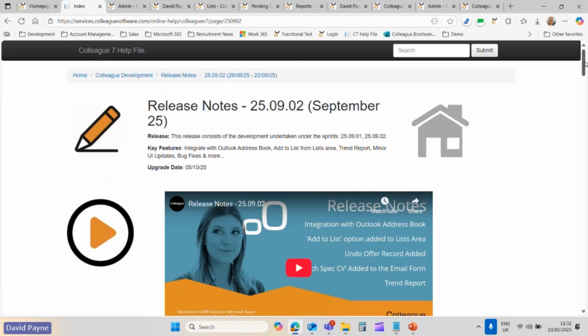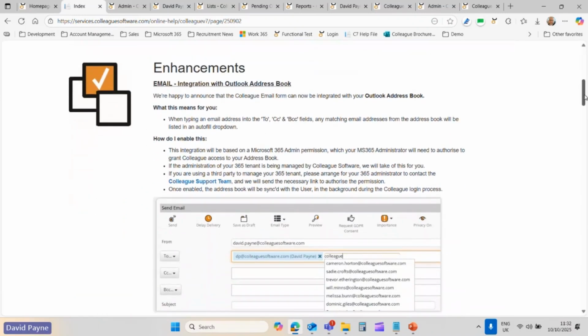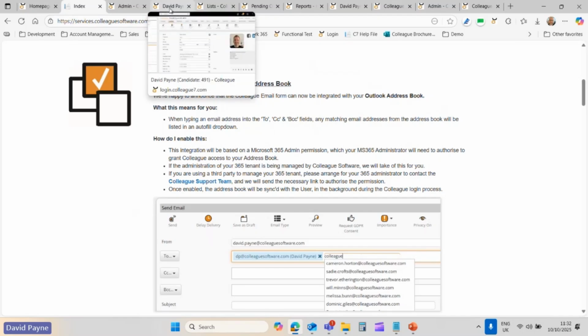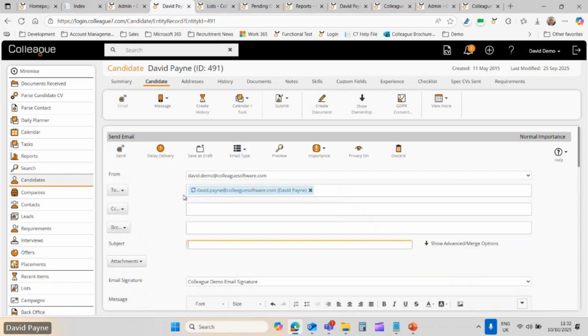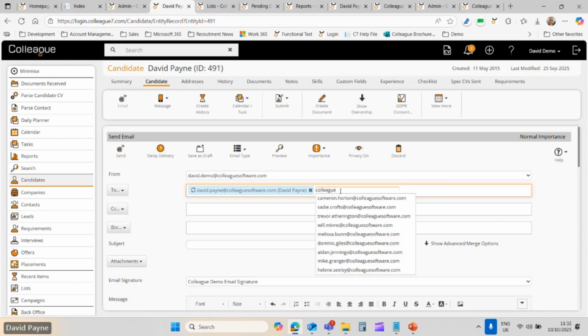So we'll go through the release notes top down, starting with the key update of the release, which is always the first item in the release notes, and that's the integration with the Outlook address book. If I go to a candidate record to demonstrate this, although this update is deployed across the system on all of the email forms, essentially what you've got now when you are creating an email is a means to type in